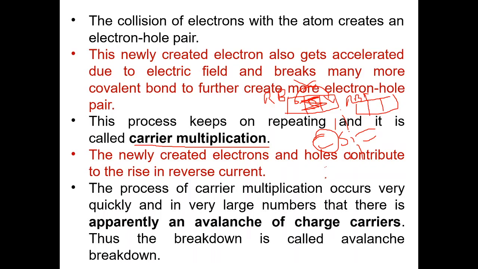Zener breakdown comes into the phenomena whenever there is a higher doping concentration, and the breakdown voltage will be very low. Whenever the doping concentration is higher, the breakdown voltages are going to be less. So Zener breakdown comes before the avalanche breakdown voltage. The Zener breakdown voltage will normally be less than 6 volts. Avalanche breakdown will be greater than 6 volts.